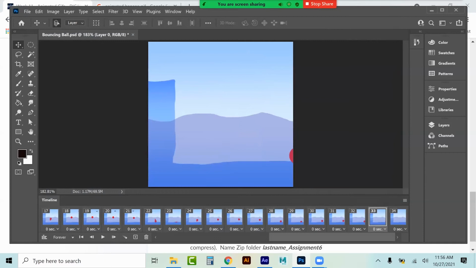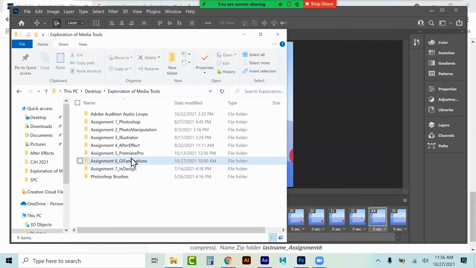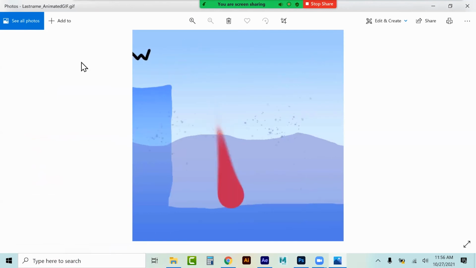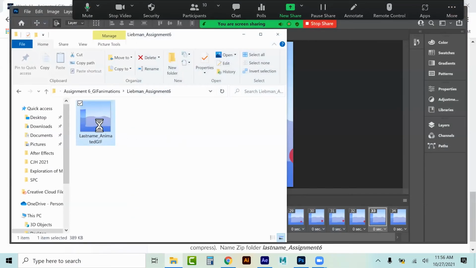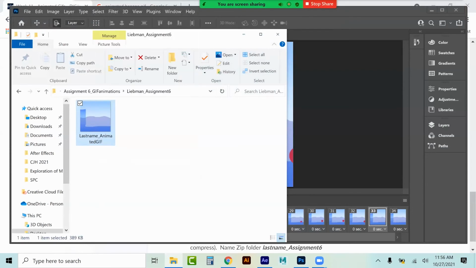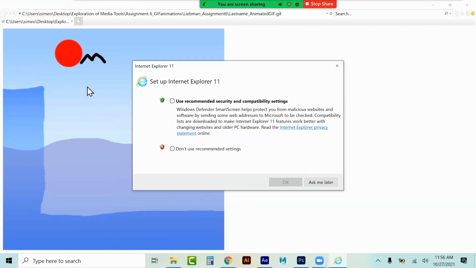That saves it off. Let's go into our folder to see what it gives us. And you see, here it is as a file. Now, I'm not sure if, I think Macs may actually play this as it is, but if I double click this now, you can see I'm playing it just in my photo gallery and it just loops infinitely, right? So I can play it there, or I can right click and open this with, well, Internet Explorer or Google Chrome, and you see how it plays